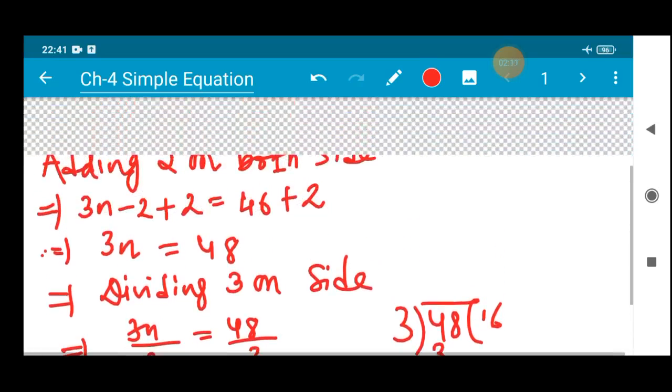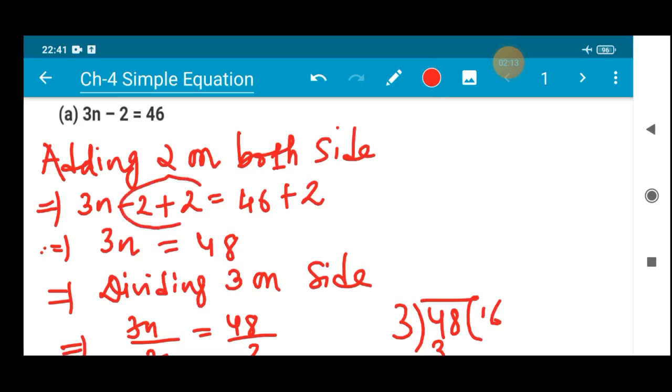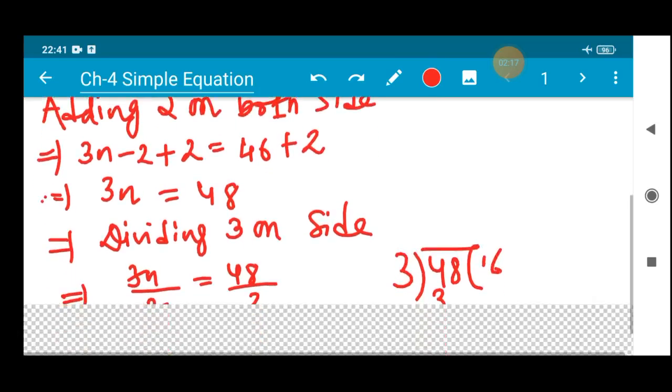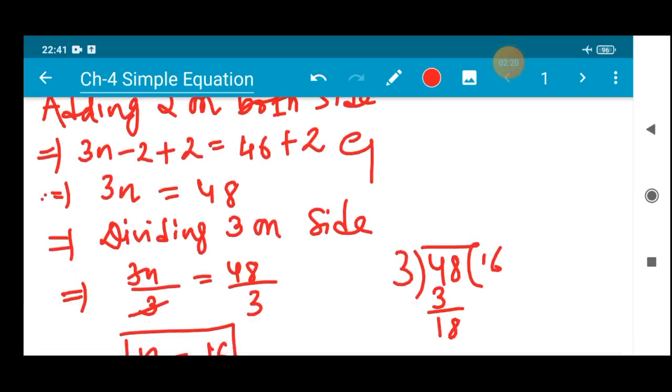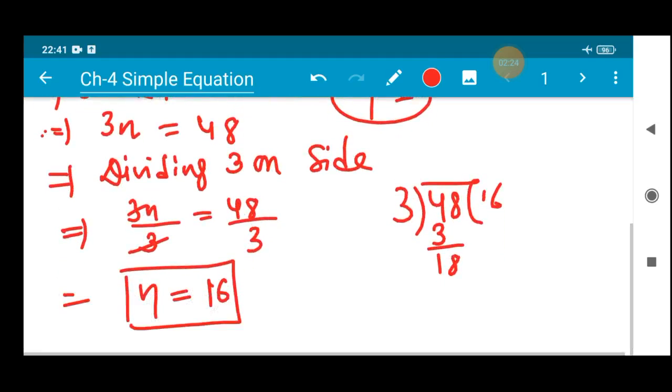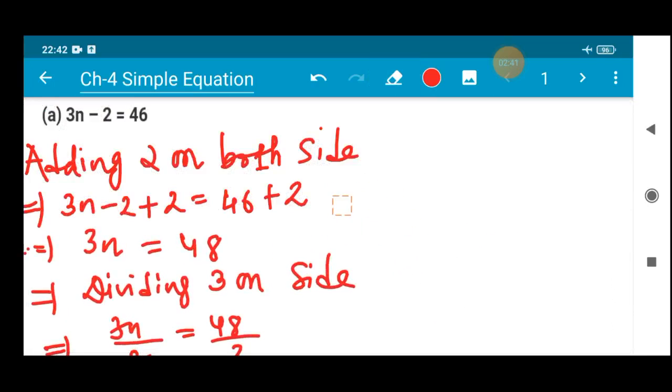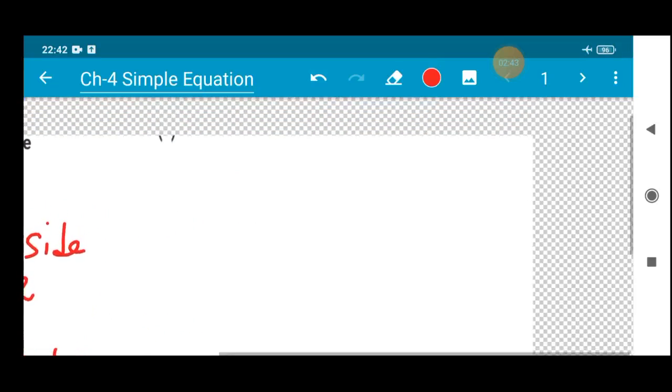So you saw in question number 3 that first of all, -2 was there, so +2 I have added on both sides, which was basically from question number 1, right? And over here I have divided: if there is 3n, a coefficient multiplied with n, then the number should be divided. And if the number is divided, then you should multiply. So in that form you have to do it, right? Very easy. Okay, now let us have a look at question number B.